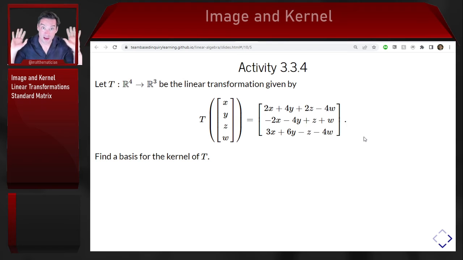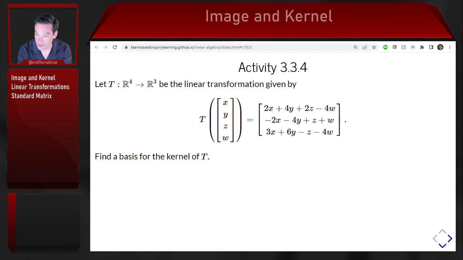So we're going to take on faith for the moment that this is in fact a linear transformation. It sends a 4-dimensional vector x, y, z, w into the 3-dimensional vector given by these components. And so the question is, how do I find a basis for the kernel of this linear transformation? Well, before I turn you loose on this example, let's remember what it is that kernel actually means, and